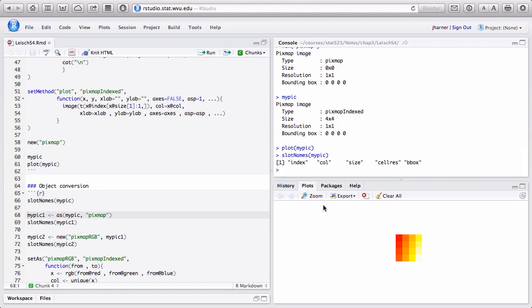So the slot names are index, color, size, cell resolution, and inbox. Those are the slot names. And now, suppose we want to coerce my pick into a Pixmap. So what this will do is it will take my pick and coerce it into a pick map. Right now it's an indexed object, and I'm going to coerce it, and I'm going to call it my pick